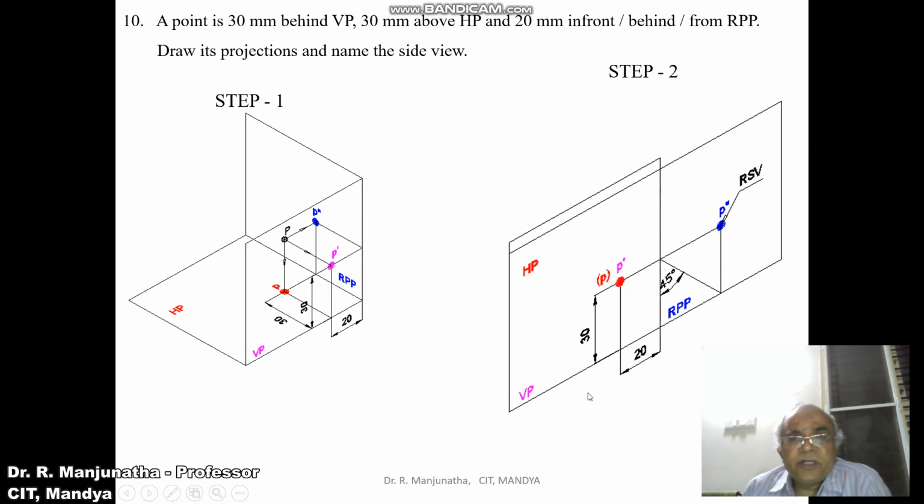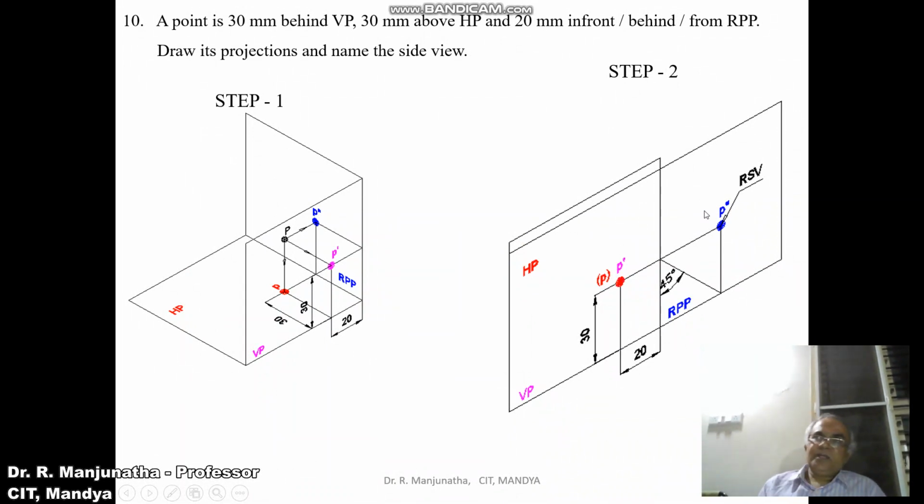So this is going to be the condition in the second quadrant, wherein VP and HP both are going to overlap, and the right profile plane is to the right side of the vertical plane. Now the distance with respect to the profile plane, that is 20 mm behind RPP, can be seen in both HP and VP. So from this X1, Y1 line, you measure the distance of 20 mm and mark this, and the distance above HP is seen in VP.